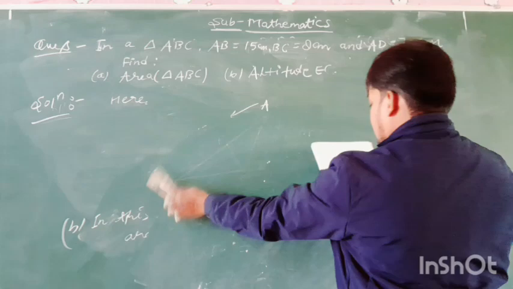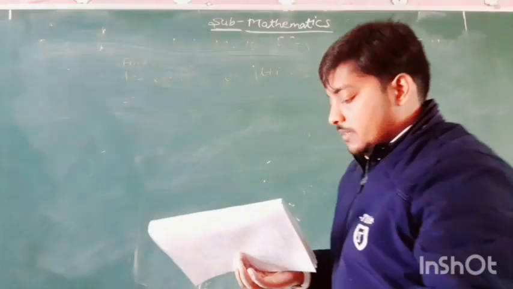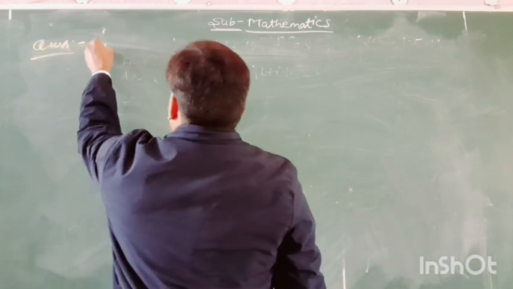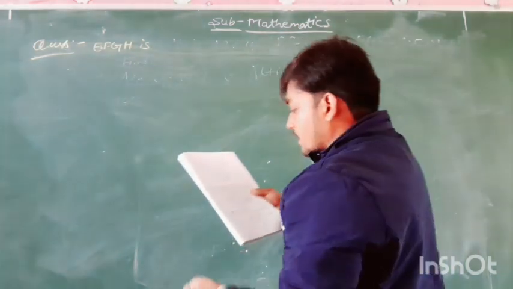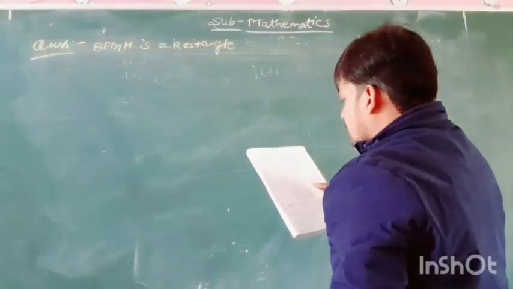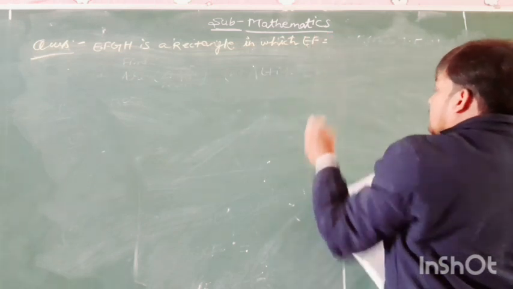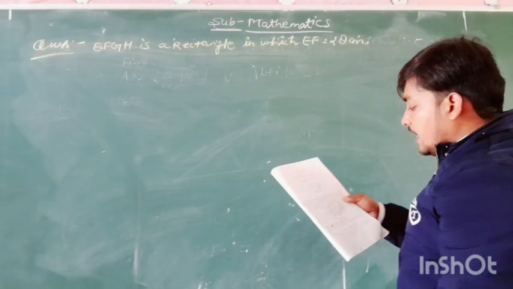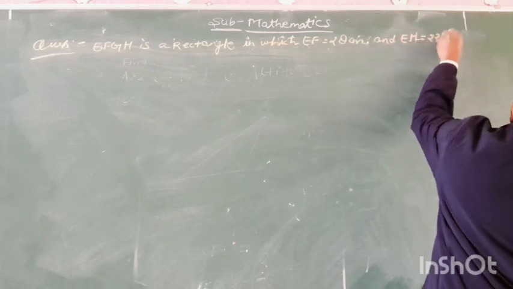Question is: EFGH is a rectangle in which EF is equal to 28 centimeter and EH is equal to 22 centimeter,